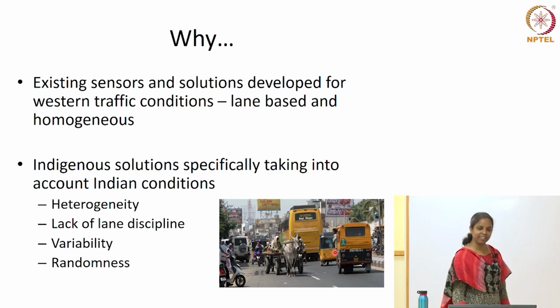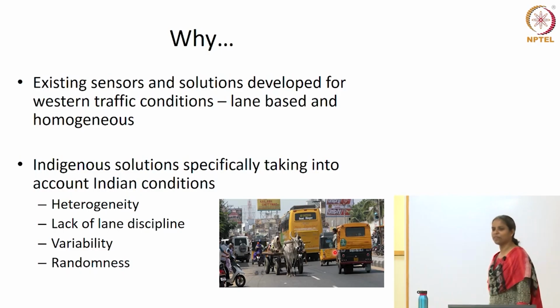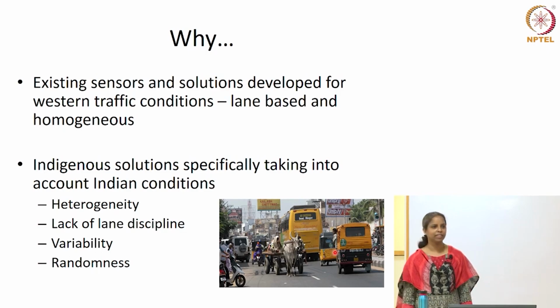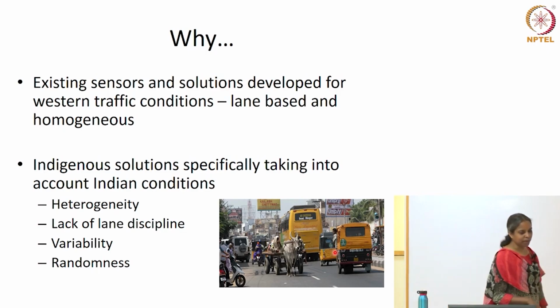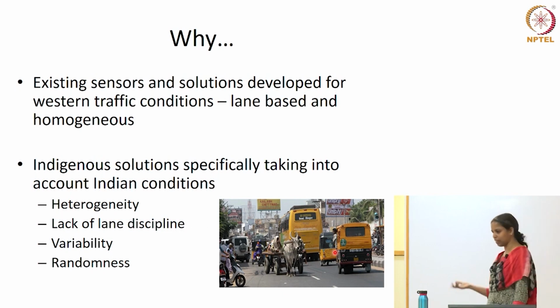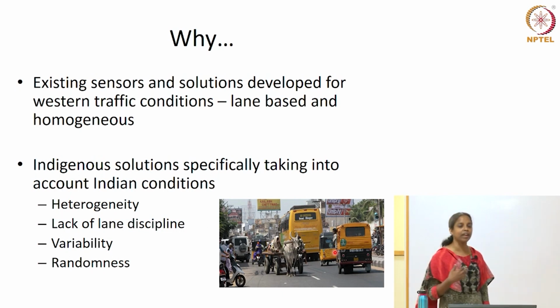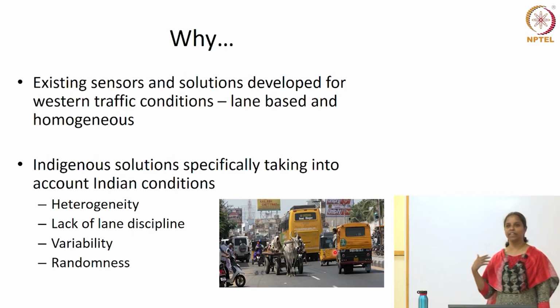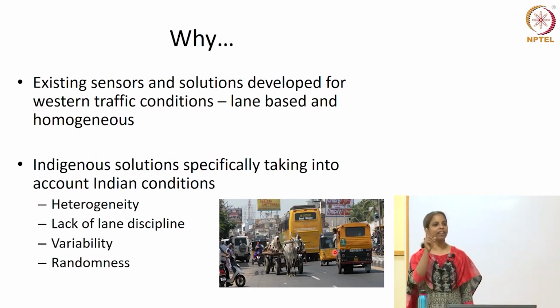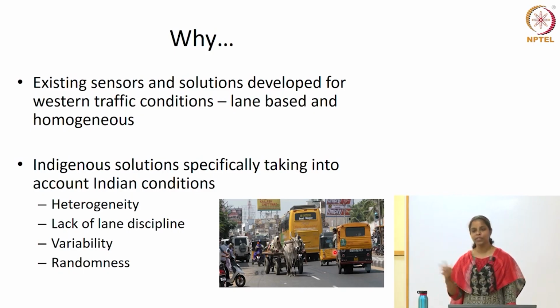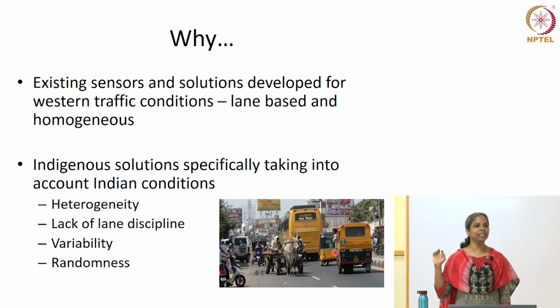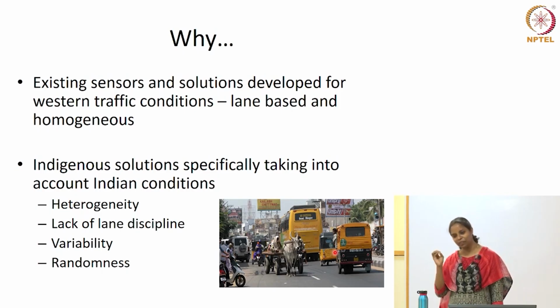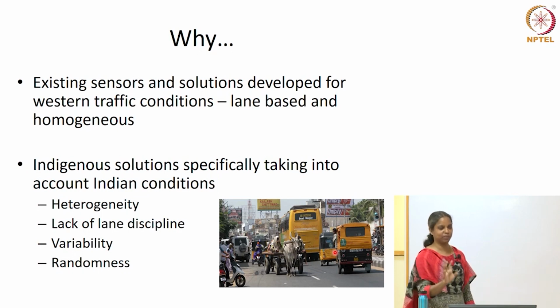Before I get into the details, why do we have to do this? I don't think I have to explain much. You know that our traffic is completely different from what you have seen elsewhere. All the models and solutions that are developed are actually for traffic which is lane based and homogeneous. By lane based, I mean in one lane you expect only one vehicle. They move one after the other. They don't move parallelly within the lane, which we happily do. We don't believe in this follow-the-leader behavior. We will occupy any space available. So it's in one way interesting. We are using the whole available space. We don't want to waste anything.